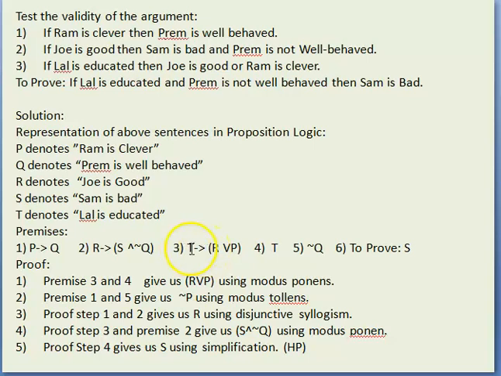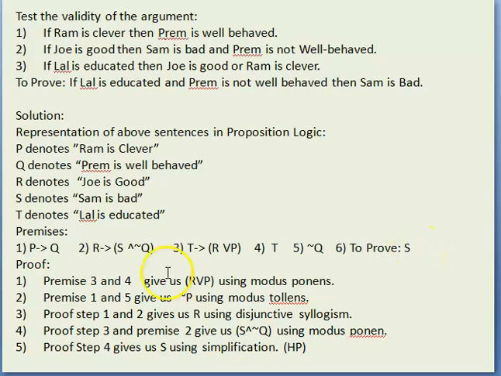Then we have Lal is educated implies R, which stands for Joe is good, or P, that is Ram is clever. So, either of the two is going to be true. Then we are given that T holds, T is true, Lal is educated, and we are given Prem is not well behaved. So, negation of Q and T are already given to us, and we have to prove that S